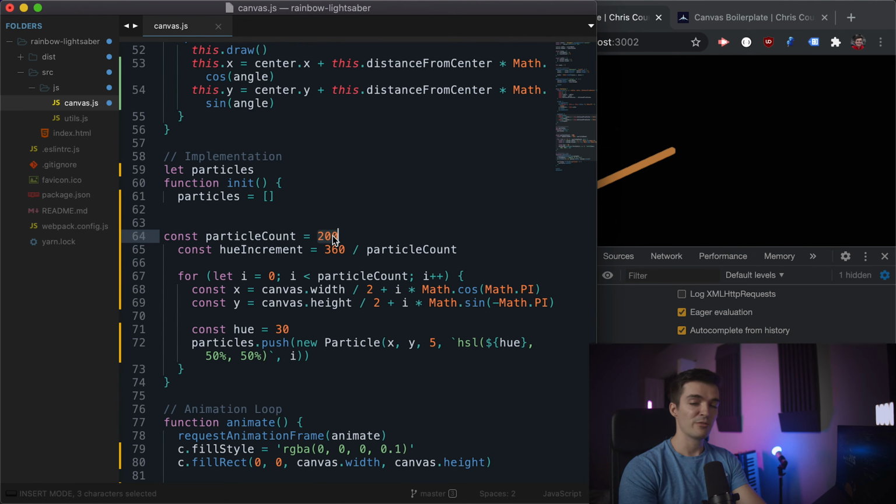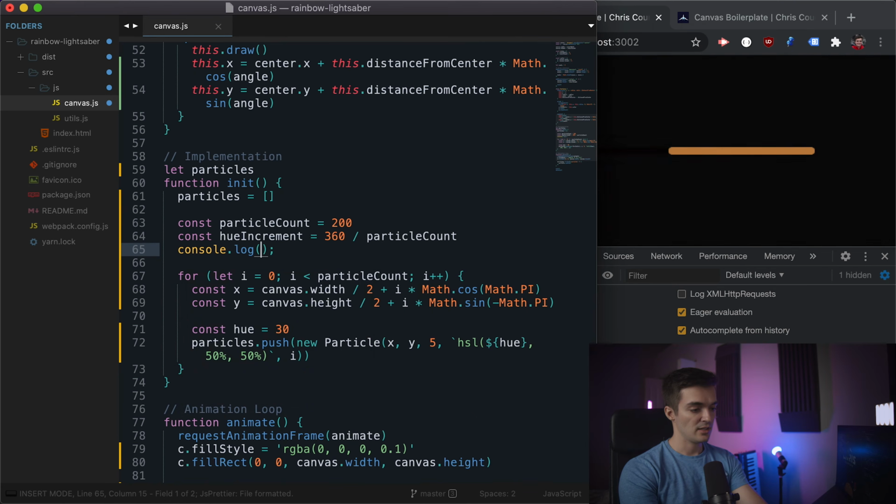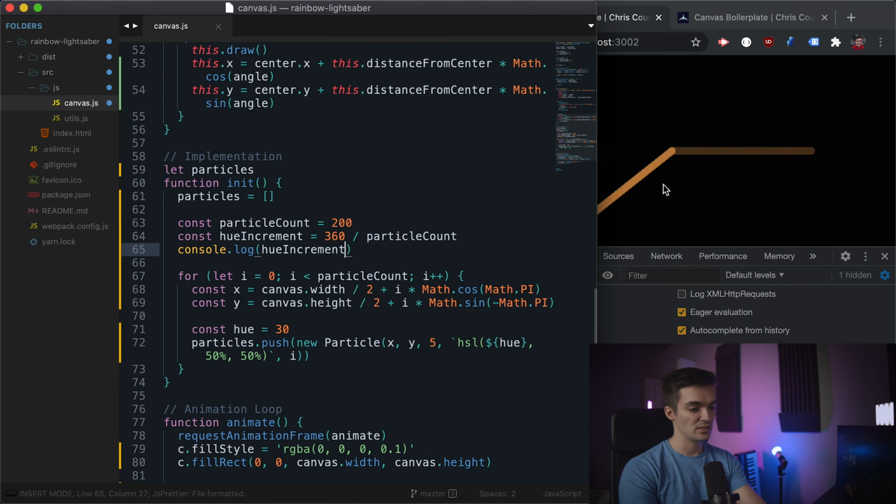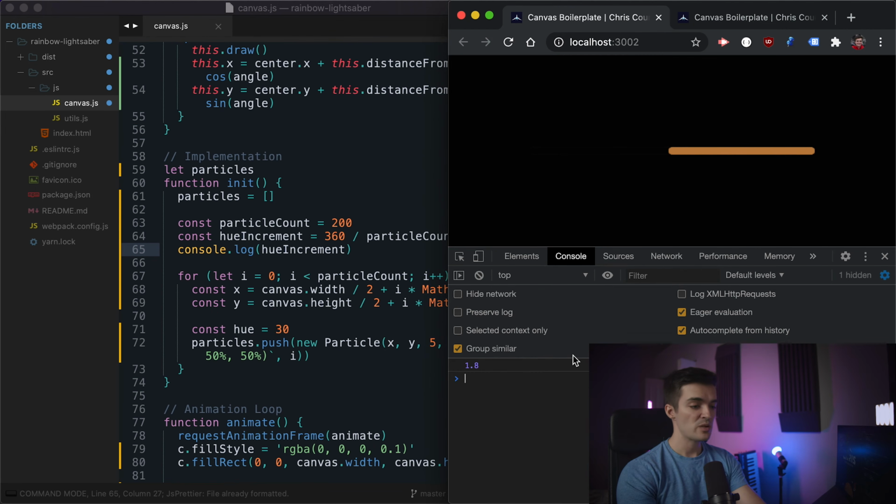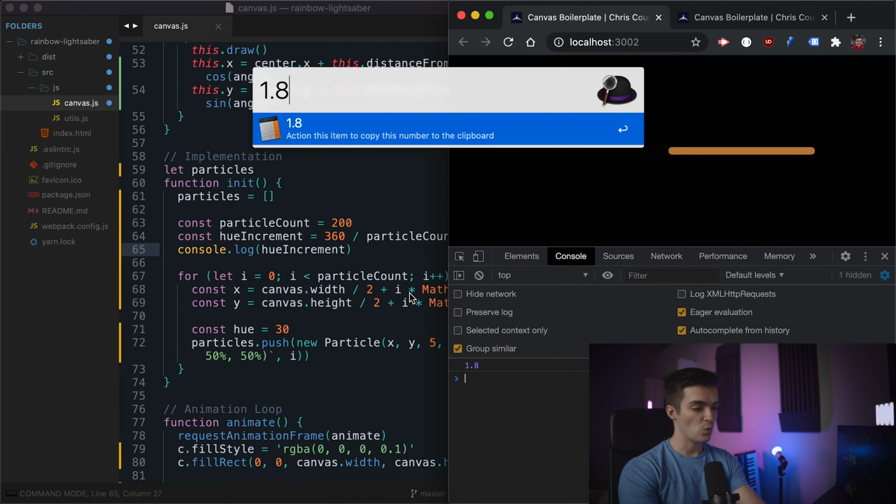And now if we ever want to change our particle count and keep our color gradient in place, we only have to do it in one spot. We don't have to do it in two. And we remember exactly what 200 actually stands for. It stands for particle count. So if we save this and then console log out hue increment, let's see what we get. We get 1.8. So now if we take 1.8 and multiply by 200, we get 360. So now we can get an even amount of values for our hue